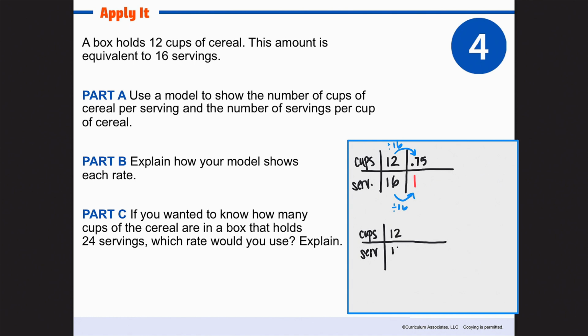And we'll start off with our original numbers here. That's what our box of cereal tells us. And then we're going to find the opposite. If I have 1 cup of cereal, how many servings is that? So what I'm going to do is divide by 12 on the top, divide by 12 on the bottom,